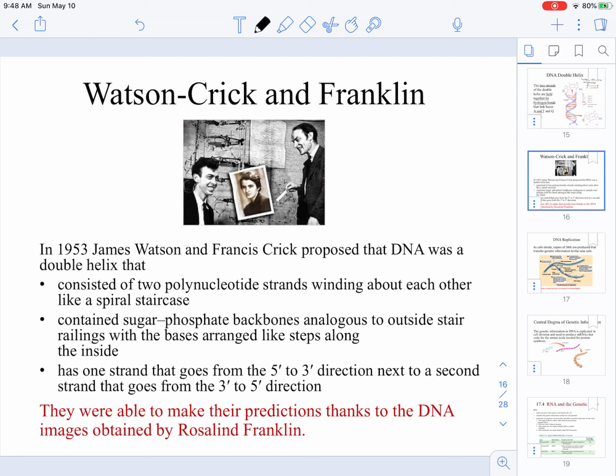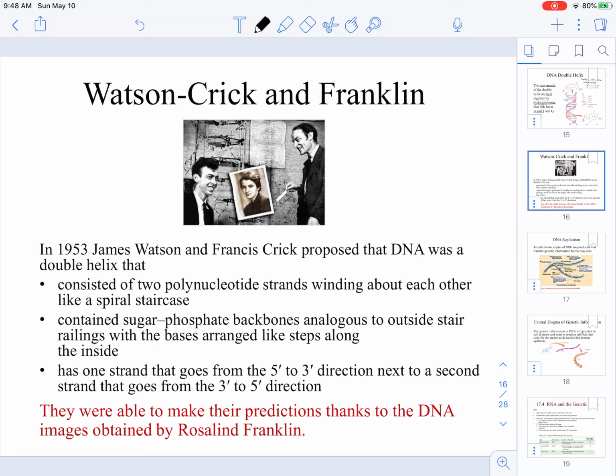The reality is that Watson and Crick were able to do all of this work because Rosalind Franklin at that point was a grad student, and she actually took an X-ray image of the structure of DNA. At that time, because she was a grad student, her professor that she was working under sent that image to Watson and Crick, so they were able to make their predictions on the structure of DNA. And if it wasn't for the image that she obtained through her experiments, they were not able to make